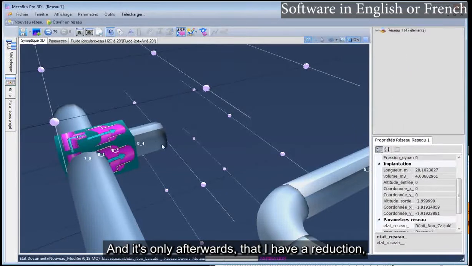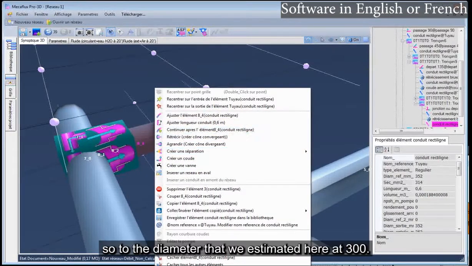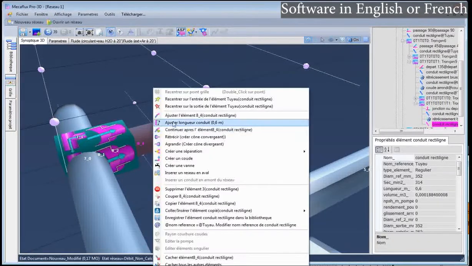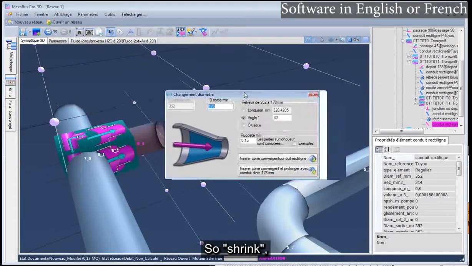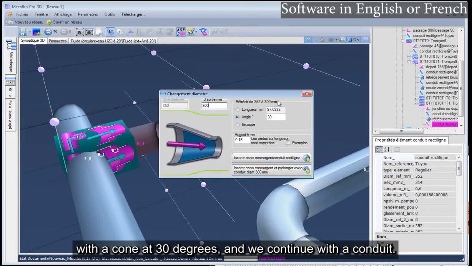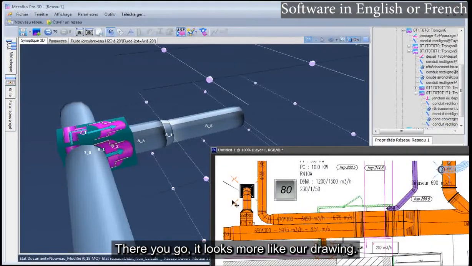And it's only afterwards that I have a reduction, to the diameter that we estimated here at 300. So shrink. Here we will go to 300 millimeters, with a cone at 30 degrees, and we continue with a conduit. There you go, it looks more like our drawing.